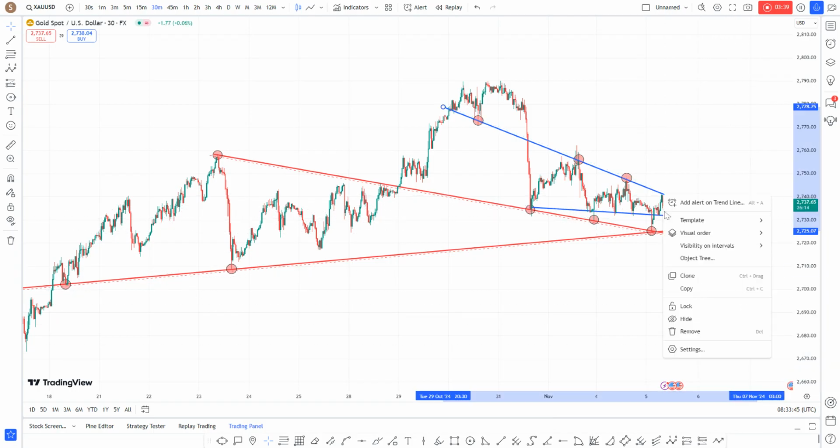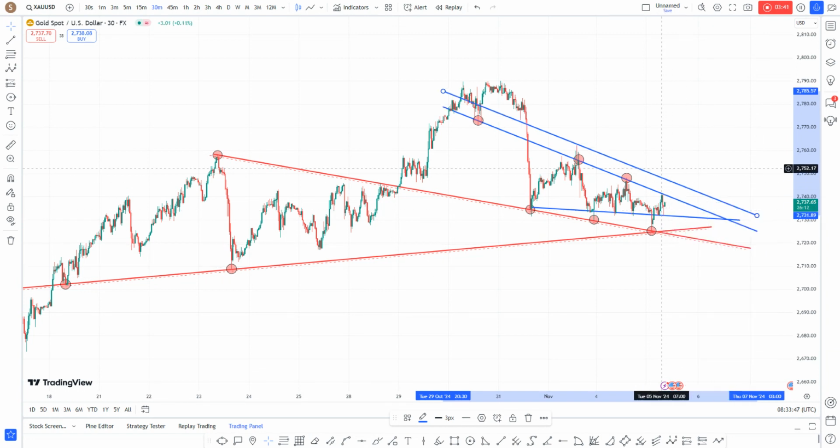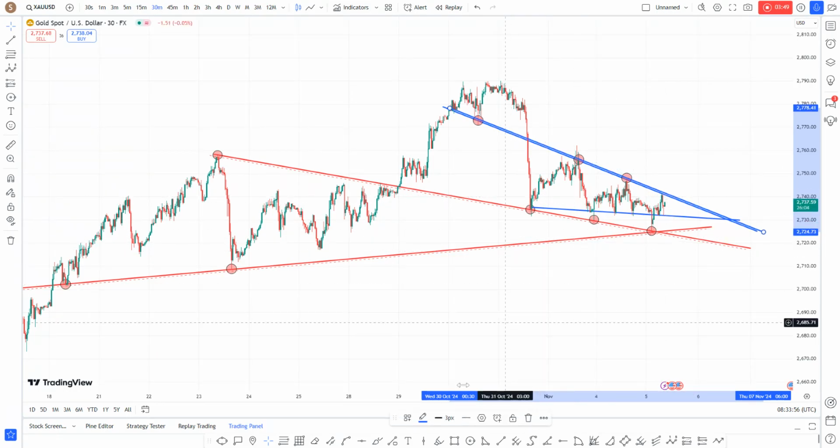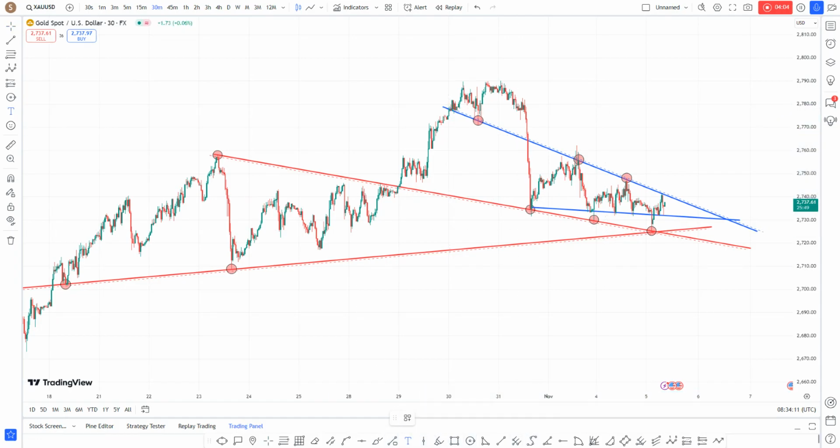And you can see the structure here. You have a clean body close. Forget about the wicks. So as long as the candle body closes below this line, we are good on 30 minutes. If the body of a candle closes above it, then we begin to see influx of liquidity. You can see here a resistance structure, which I will call RS. That's RS structure,